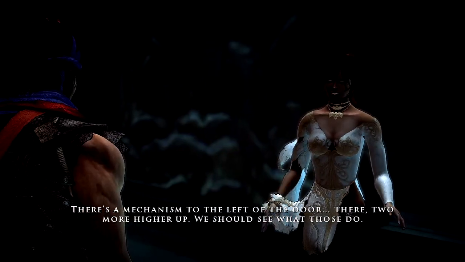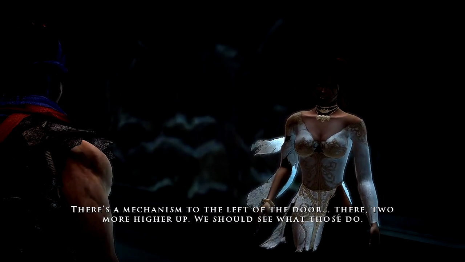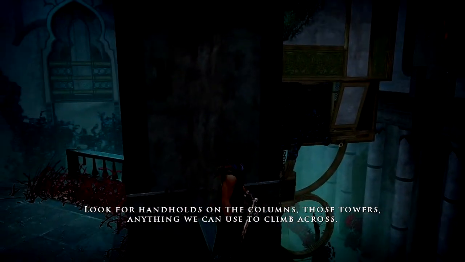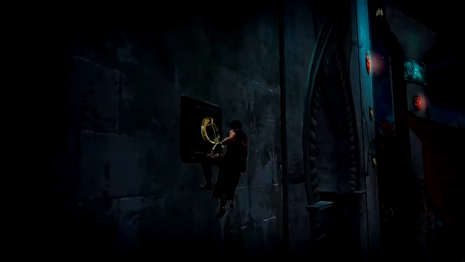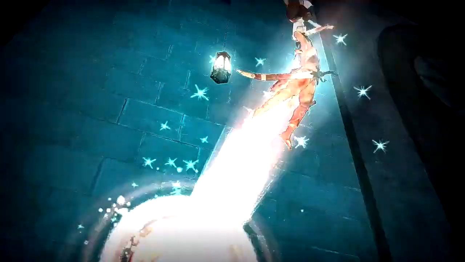There's a mechanism to the left of the door. You can see higher up. We should see what those do. Look for the handholds on the columns. DLCs generally have less effort put into them. Those towers don't have anything we can use to climb across, but it's still kind of just like, come on. You can just put at least a little bit more effort into this, just to make sure that it works perfectly fine,